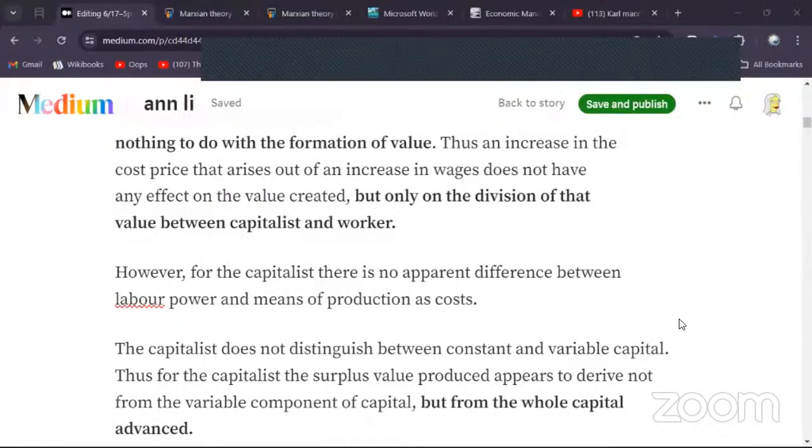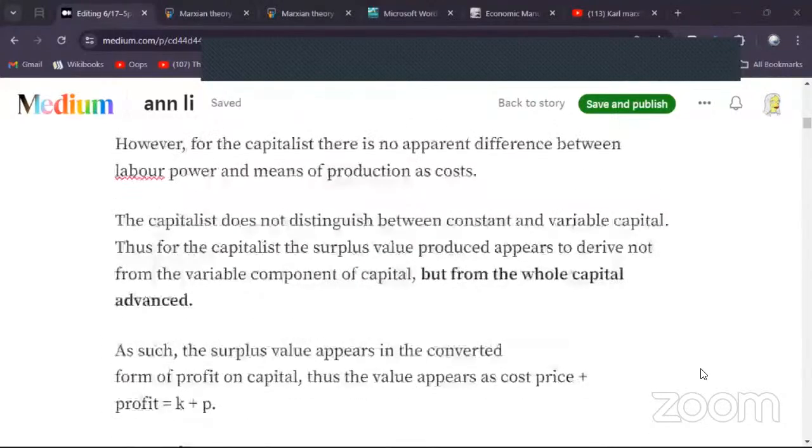However, for the capitalists, there's no apparent difference between labor power and means of production as cost. Everything seems the same. You are replaceable as any nut, bolt, or wrench in one sense. The capitalist does not distinguish between constant and variable capital. Thus, for the capitalist, the surplus value produced seems to not derive from the variable component of capital, but from the whole capital advance, and